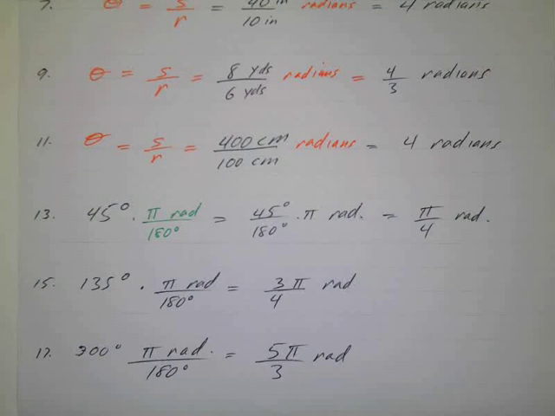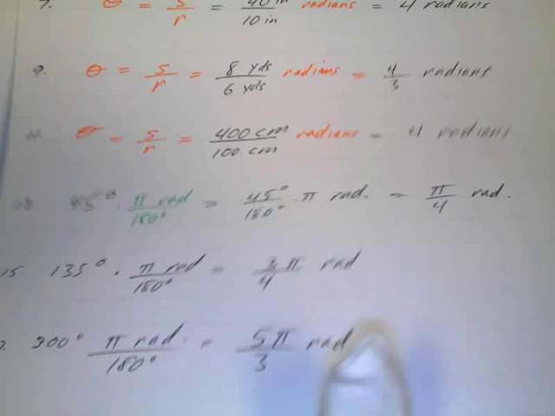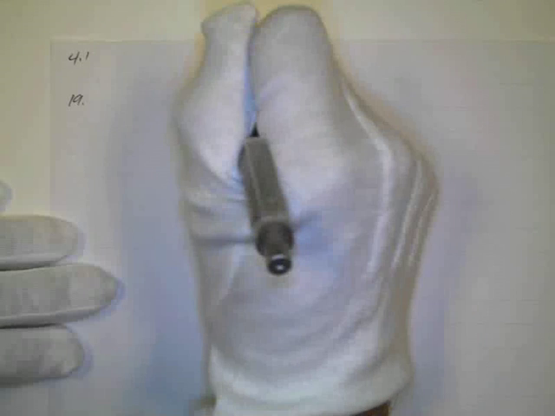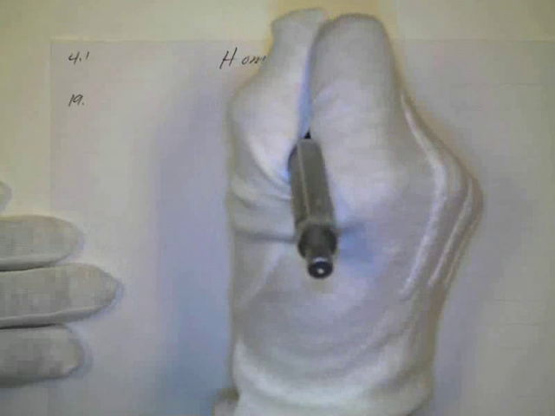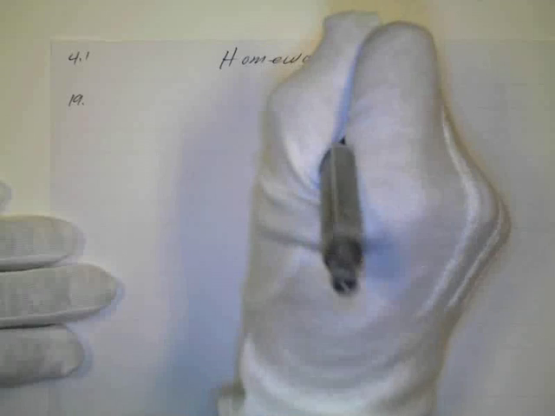Okay, and let's try number 19. So these are pretty easy. Maybe you didn't even need to look at these notes, but hopefully you've got this. So number 19. 4.1 homework. Remember, always label your work. And number 19,